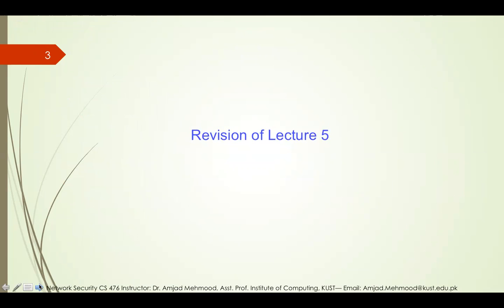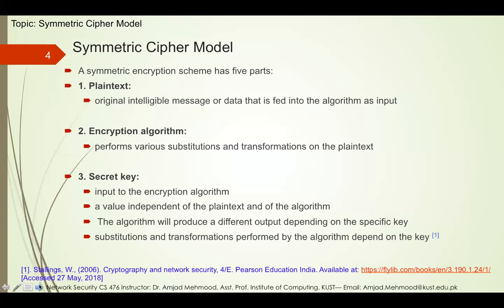So let's revise our previous lecture. If you remember, our previous lecture was on classical encryption techniques, but the core concept of that presentation was the symmetric cipher model. So I have considered that model. In that model, you have